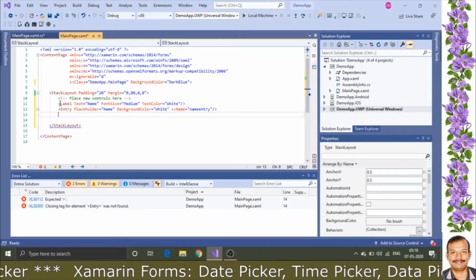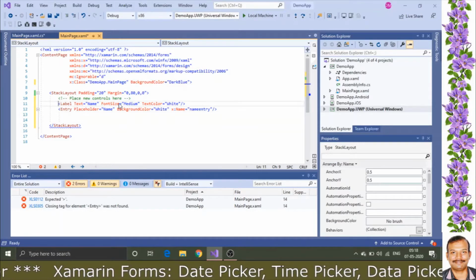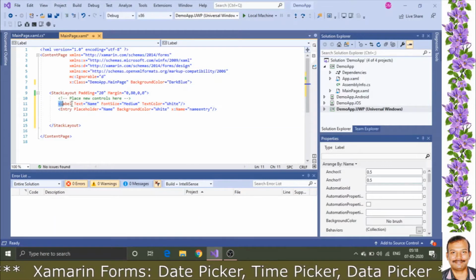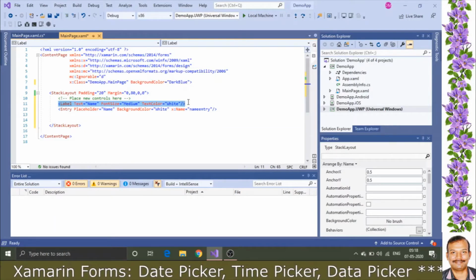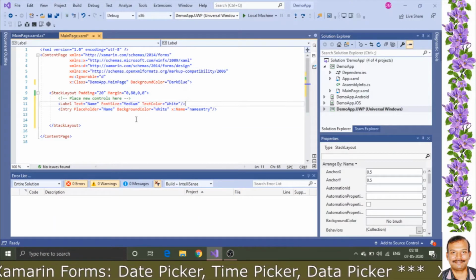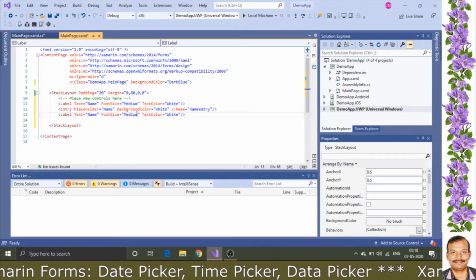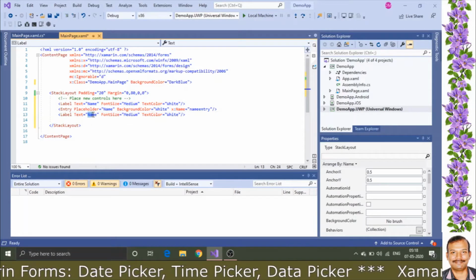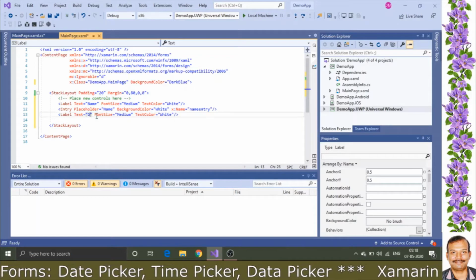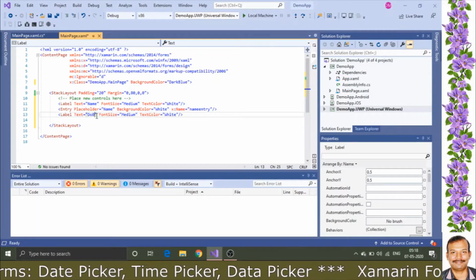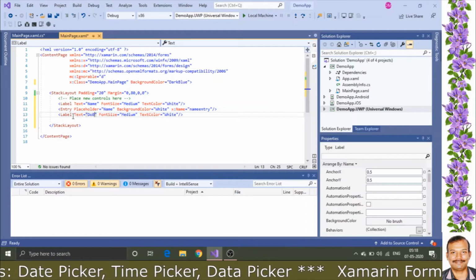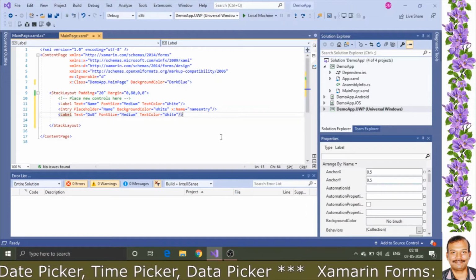I'm just copying this particular label. I'm changing it as date of birth so that we can add date picker. Label text medium white, everything is correct.